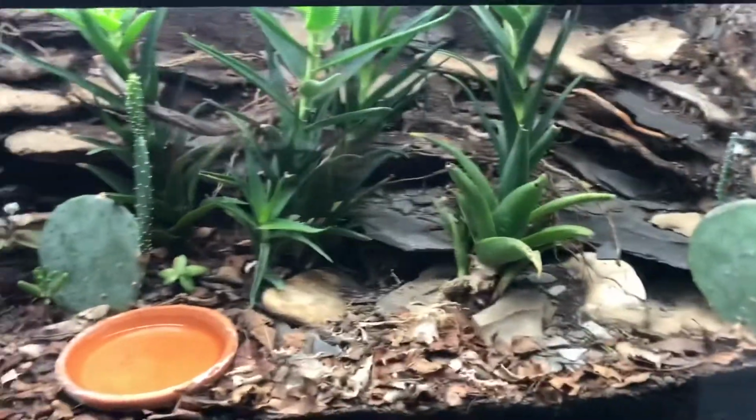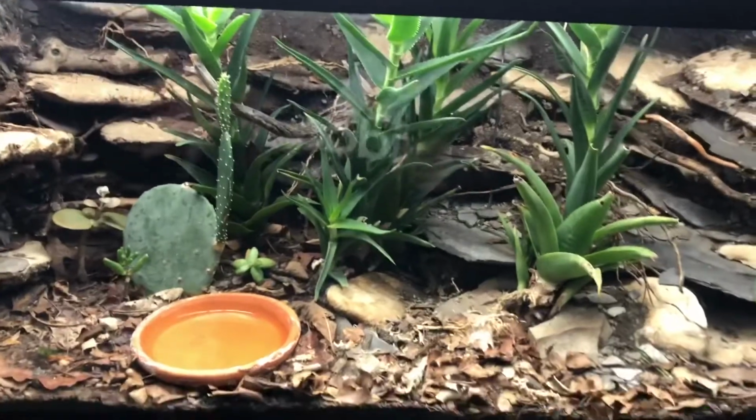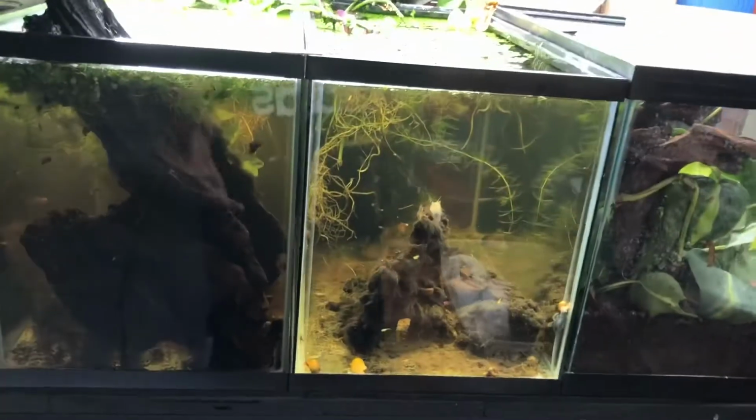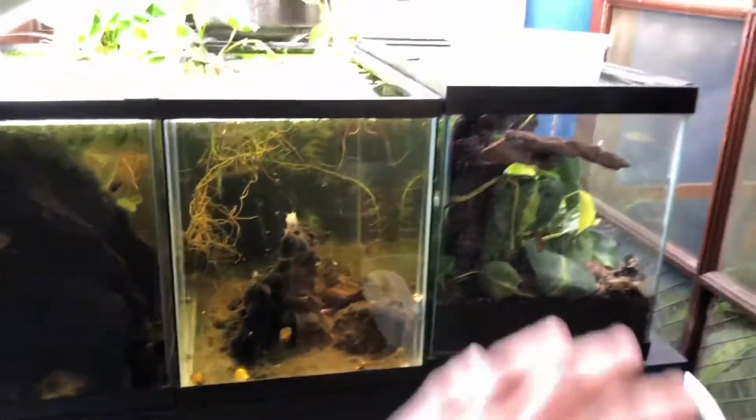Hey guys, so today I'm going to be moving this awesome bioactive leopard gecko enclosure, which is right here in my room, to over here. I'm going to be putting it in this area. Now this is, as far as I remember, exactly the space needed for a 40-gallon breeder, which is what